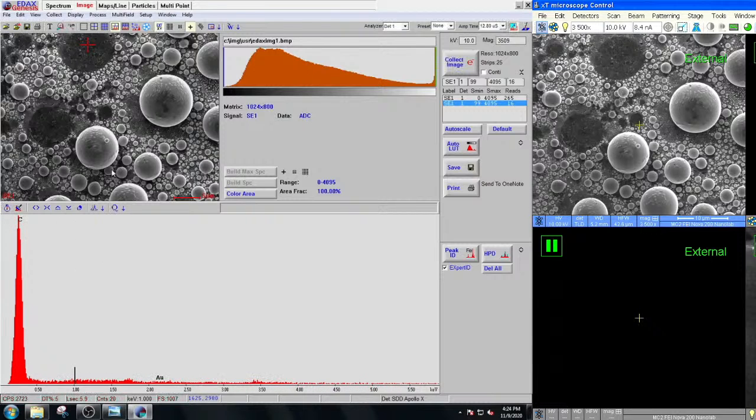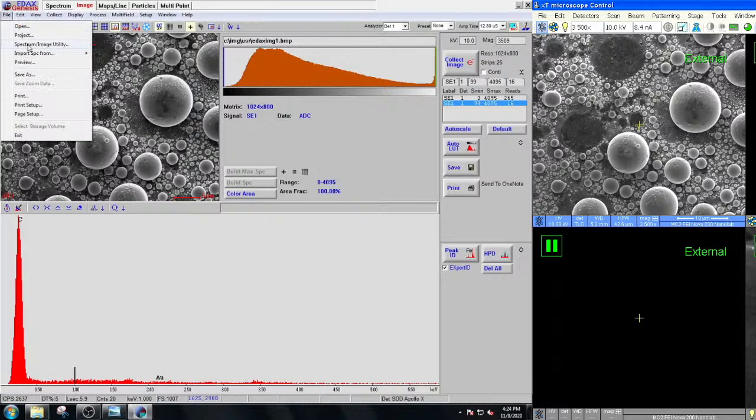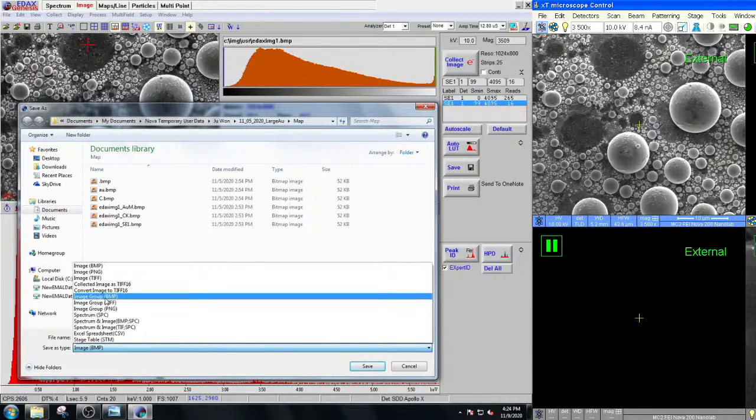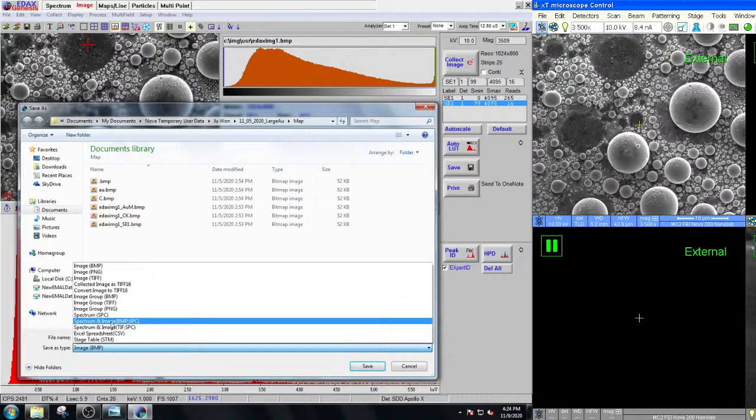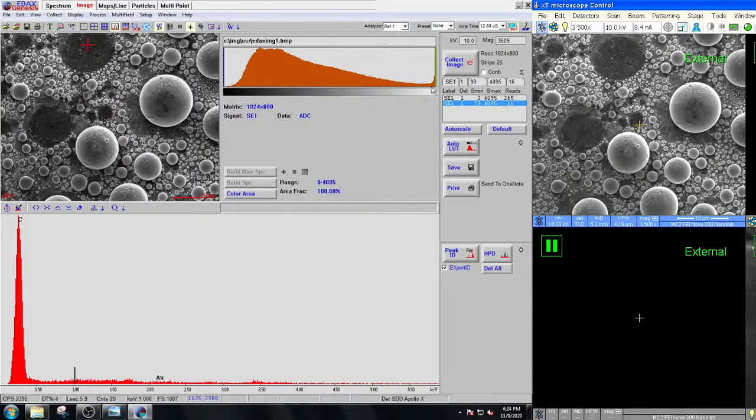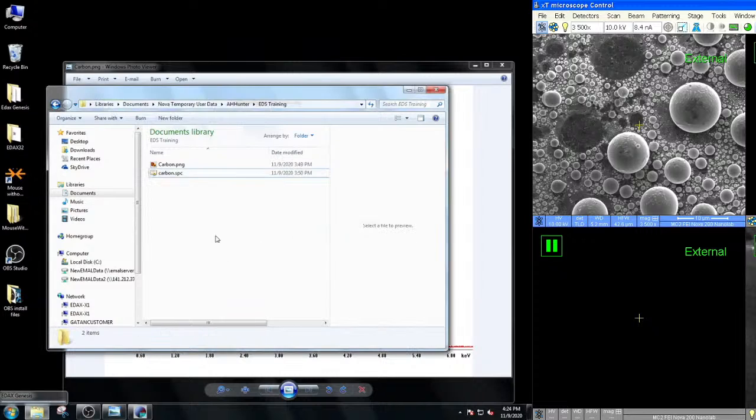And then if you want to save it, what I find the most useful way to do this is go to Save As. One of the options down here is going to be the spectrum and image combination. So if we choose spectrum and image, we'll go with bitmap for now, and give it a file name. This is going to be like carbon from image tab. So now if we go look at what was just saved,